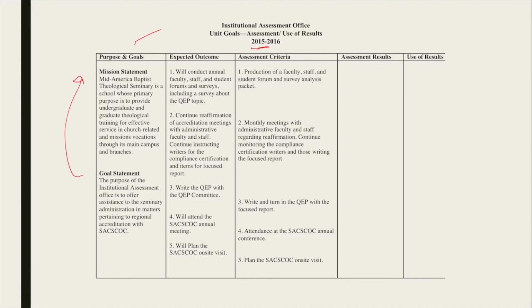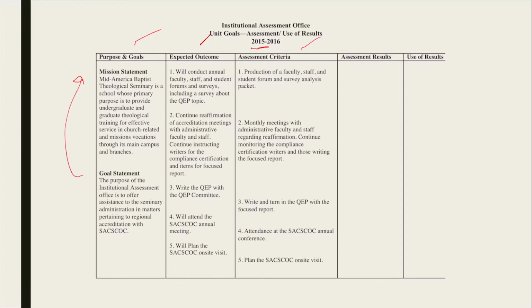So you have the first column here, then you have the second column, which is the expected outcome. What is it that you want to do? What are your expectations for your department? Here's where you list those in this second column. Now, it doesn't necessarily have to end with one page. There are some that have multiple pages. You have a lot of goals set out, so whatever your goals are, you need to plan those out before the beginning of the year and be able to write them out here in column 2.